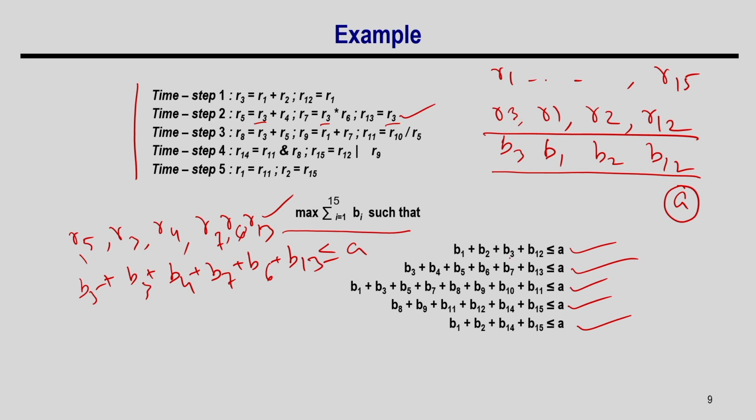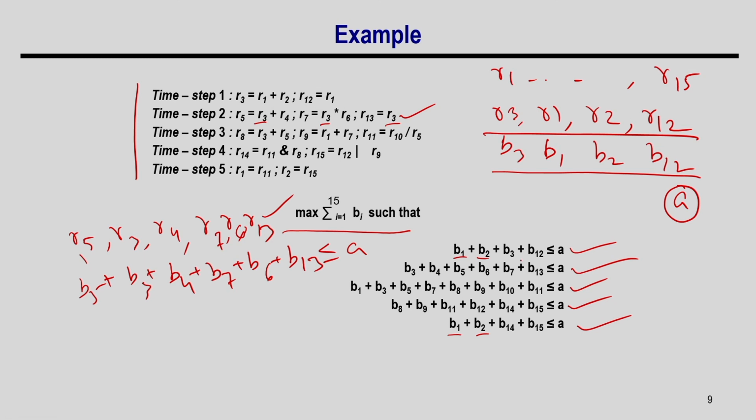You can understand that these constraints are not independent; they are interdependent. For example, B1 occurs here as well as here, and B2 also. So, I have to assign the values of B1 and B2 such that both constraints get satisfied. It is not enough to individually take a constraint and satisfy it, because you might satisfy one constraint and then in the next constraint map in such a way that it is not getting satisfied.